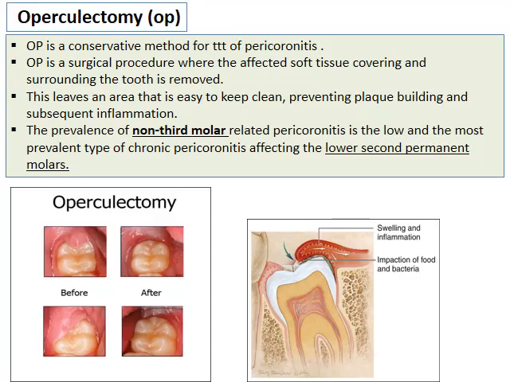Operculectomy, we abbreviate it to save words. It is a conservative method for the treatment of pericoronitis. So it is considered conservative treatment. It is a surgical procedure where the affected soft tissue covering and surrounding the tooth is removed. Here this is the operculum. After we remove it, the tooth becomes clear, and we can easily clean, brush, and irrigate, so we no longer have this area of food stagnation and swelling. So operculectomy is a conservative method for the treatment of